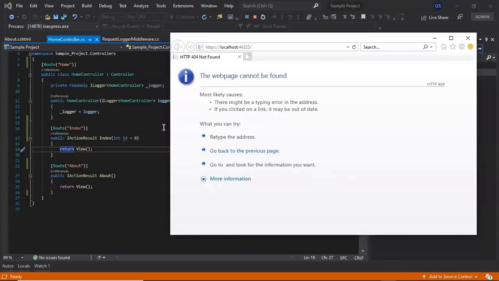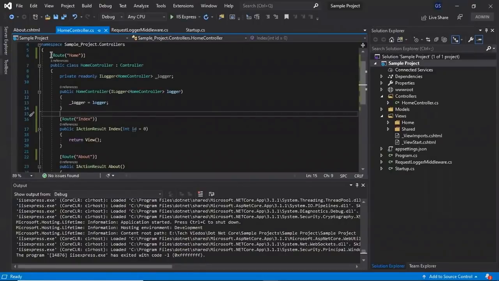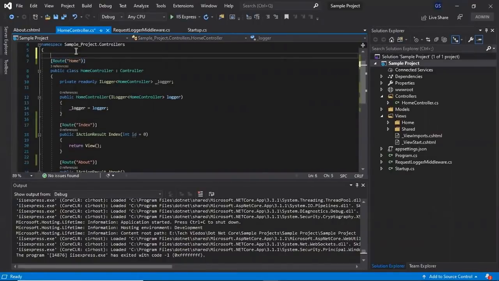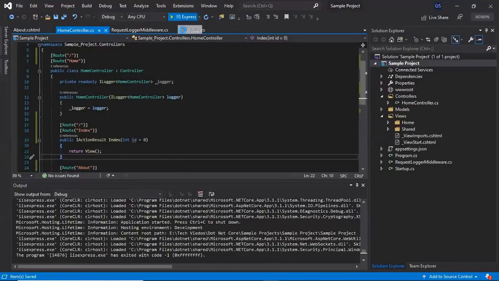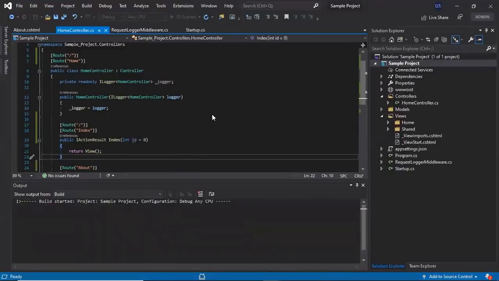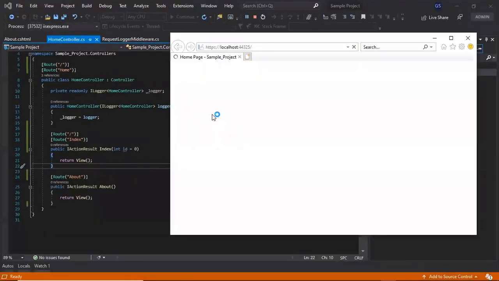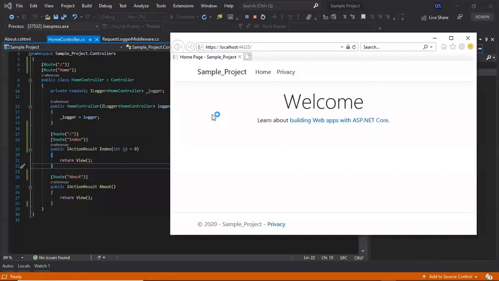So how do we configure that? Let's check. The default route is configured by defining the slash. So I am making the home controller the default controller for our application and the index action the default action for our application. So when we start the application, the index page gets loaded. Let's run and see. Yes, now the default page gets loaded. So we are able to get the index page as the default page.